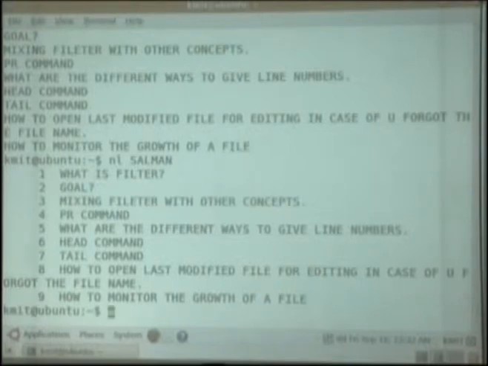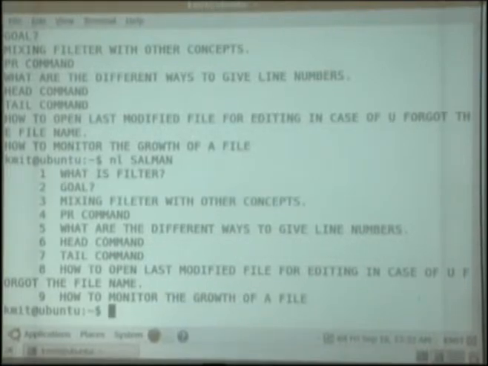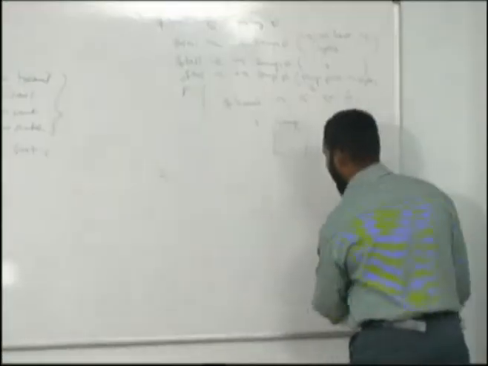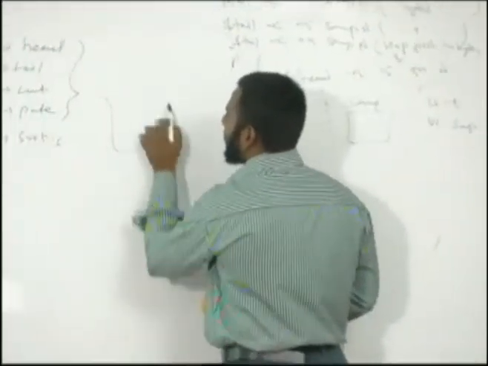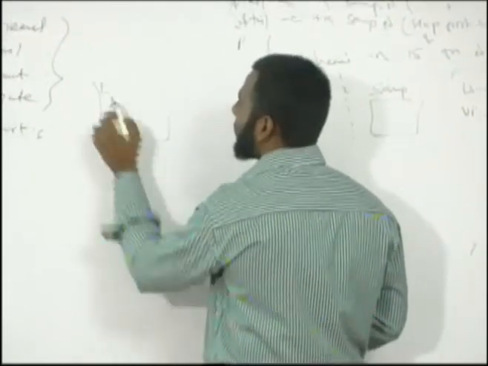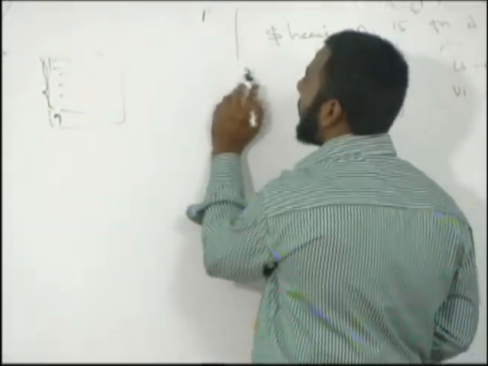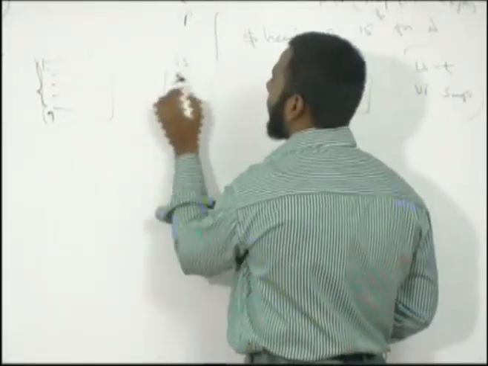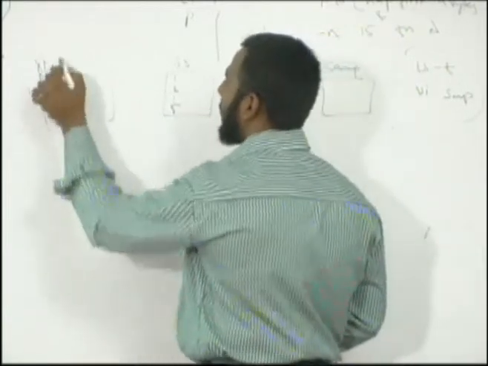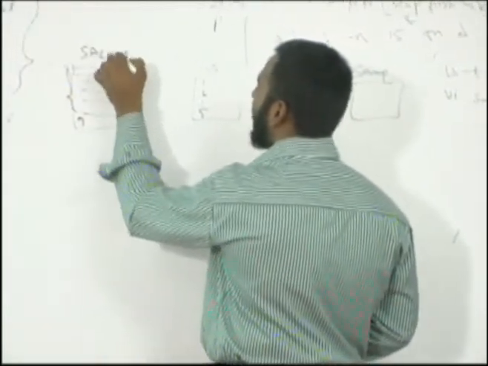Now what I want is first few lines to be copied into some other file. Okay, there are two ways in which you can do this. I have a file. It contains 9 lines, but I am interested in first 5 lines, and I want to save this first 5 lines into a file called F5. Here I want to save first 5 lines, but total there are n lines in this file.